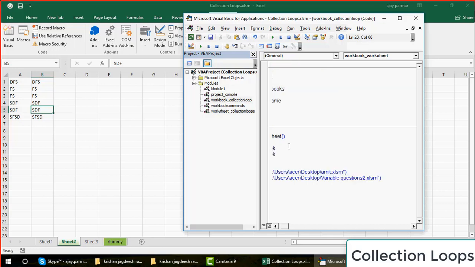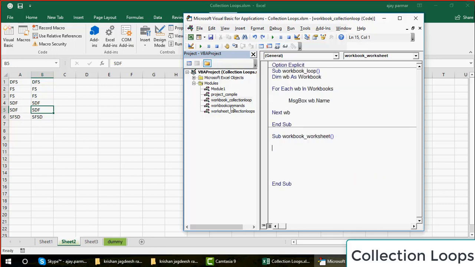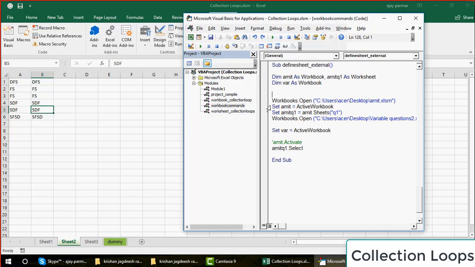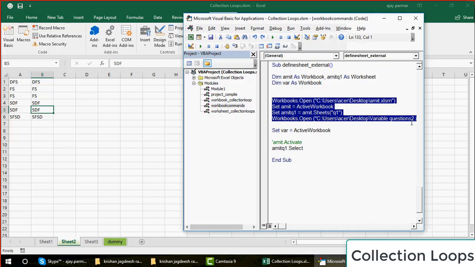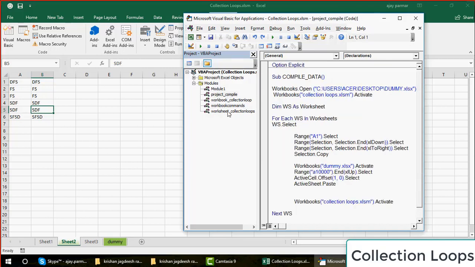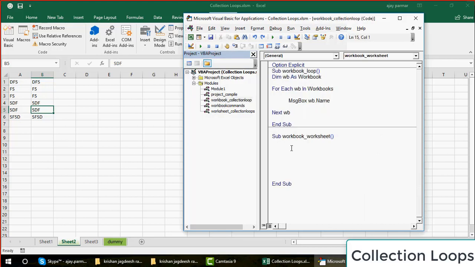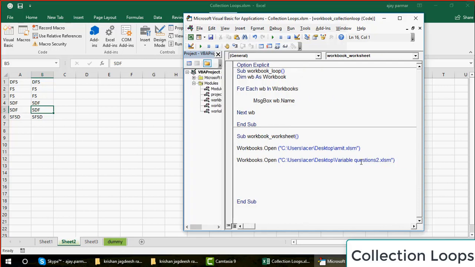So I first of all open the two files. Let's say I open the same files again. So these are the two files I have got opened right in front of you.